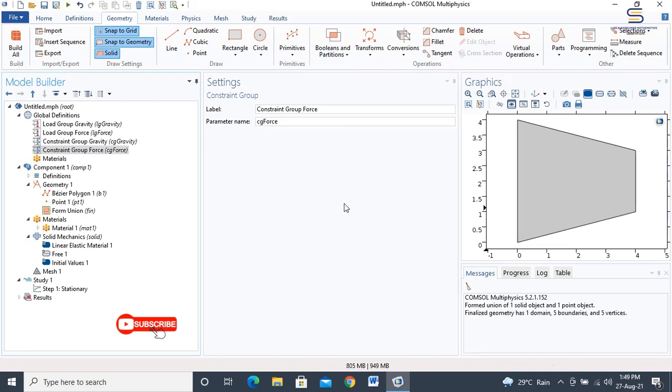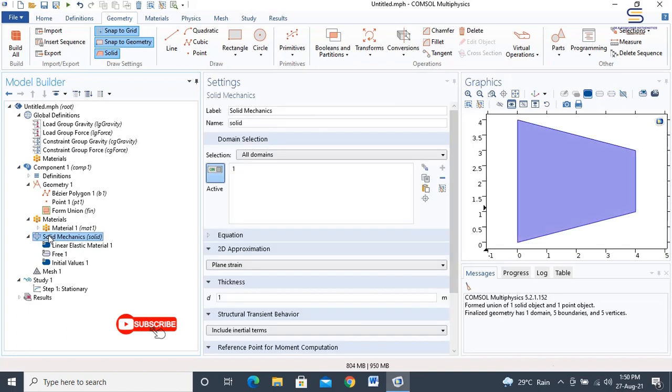Now it is necessary for us to go into the important solid mechanics, which is the physics of our material. In the solid mechanics, it is possible to see the 2D approximation of the settings.